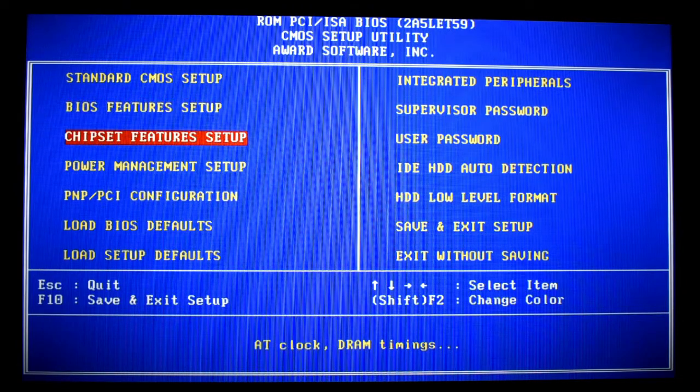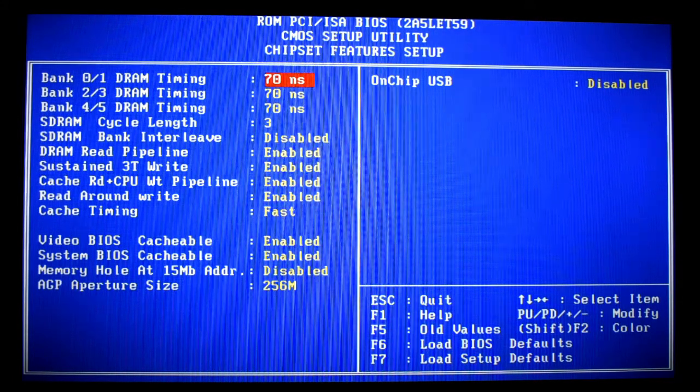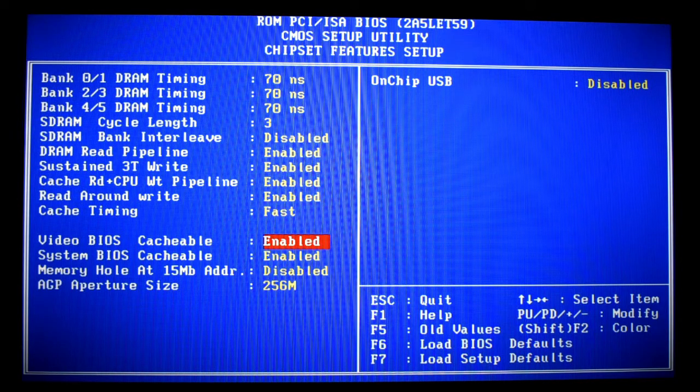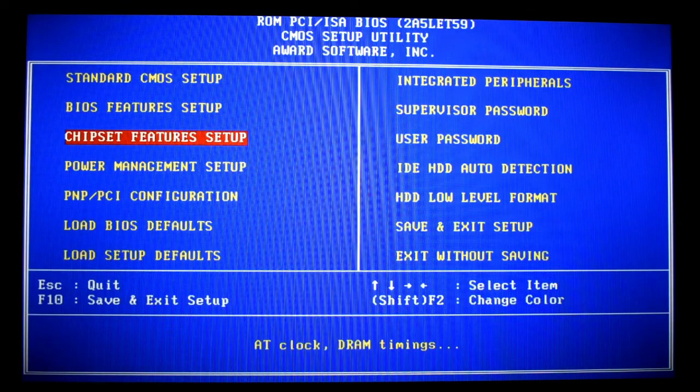chipset features. Let me try that again. Bank 0, 1, DRAM timing, 70 nanoseconds, 2 and 3, 4 and 5. SRAM cycle length, SDRAM bank interleave, DRAM read pipe, sustained 3T write, cache read, CPU write pipeline, read around write, cache timing, video BIOS cacheable, system BIOS cacheable, memory hole at 15 megabyte address, AGP aperture size, 1 chip USB, not USP,